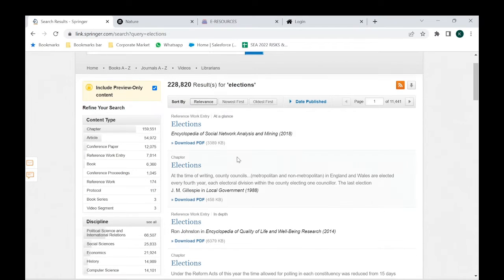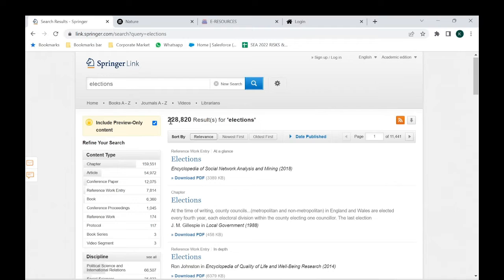So in this results page, as you can see, when I search for the term elections, there are 228,820 results coming from various different content types, including journal articles, books, conference proceedings, and even videos for that matter, right? As a rule of thumb, or as a word of suggestion, it is usually best for you to keep